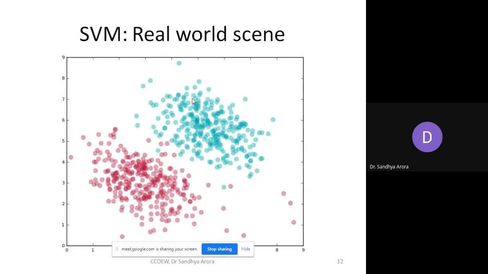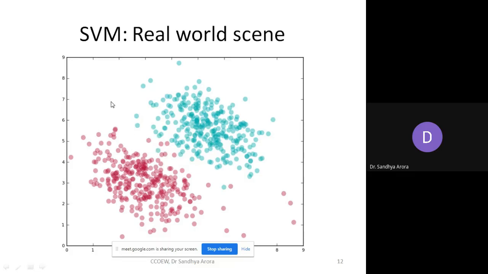Real world situations are different. You must have noticed that the data items we took before, ML course and maths and stats core and performance in ML score, had a clear separating boundary. In this case, real world data items are not so clearly separable. You can see some of the data items are clustered together here, and here also a mix-up of data items. So SVM deals with this real world scenario something like this, or maybe more complex than this. How does SVM deal with this kind of situation?